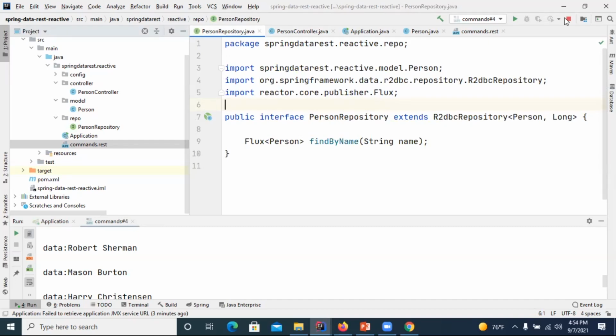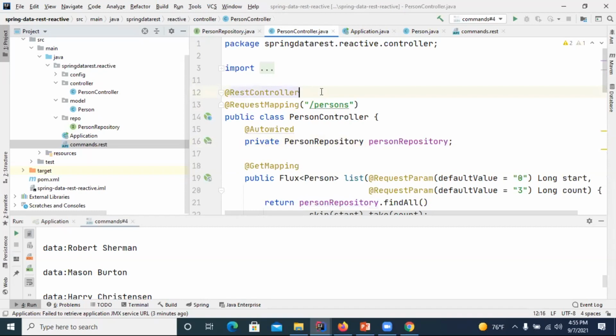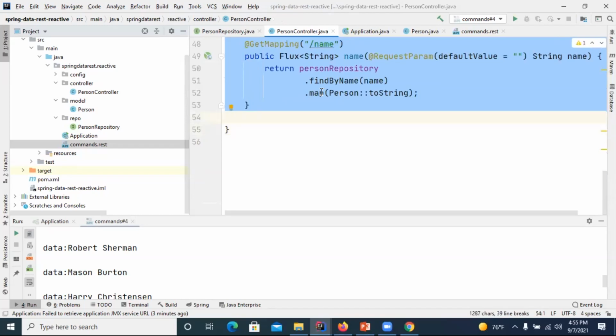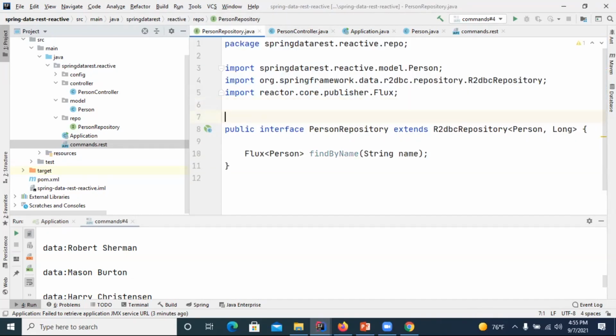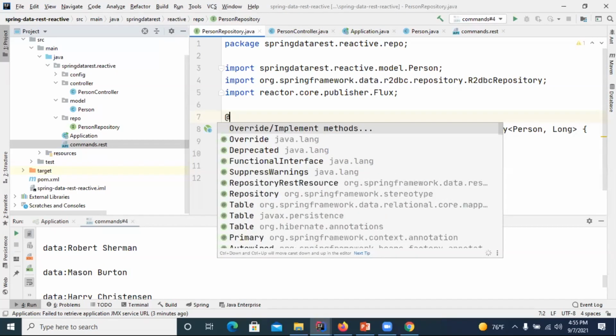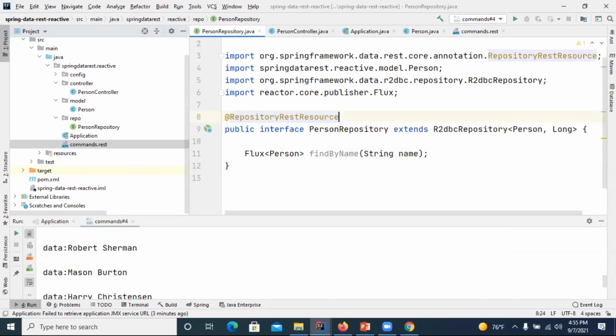However, this is not true in reactivity. If I remove it here, it's not yet true, at least, because it is not supported. If I remove the explicit controller and I will say here repository rest resource path equals persons,